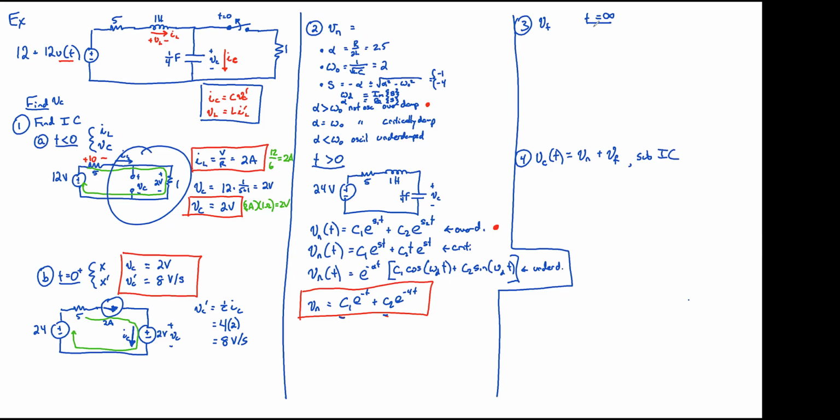You're going to draw it for t equals infinity. I'll just draw it. I mean, you guys totally get this. 24 volt source. At time equals infinity, whatever was changing has stopped changing. This V natural solution's decayed away to 0. You're back in your DC steady state. So your inductor looks like a short and your capacitor looks like an open. And there's no reason to draw that one resistor that's hanging out on the right, because we're only interested in